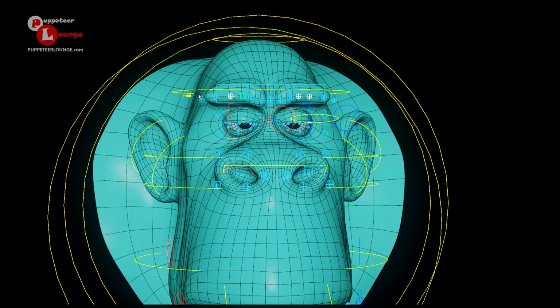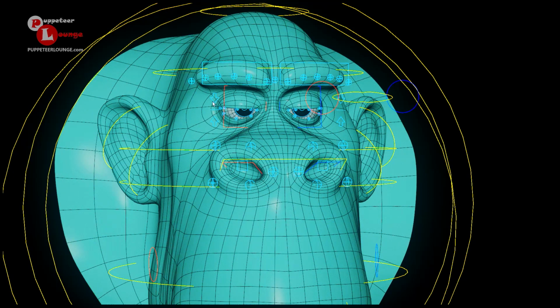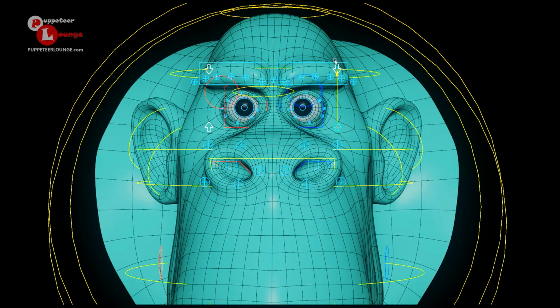All of these controllers are behaving in a symmetrical manner, as you can see. So that's the brow controller. Moving on, let's take a look at the eye controller. The eye controller has these upper eye and lower eyelid controllers. It's going to create the blink. We can raise it up for wide open, close it out for eye blinking.